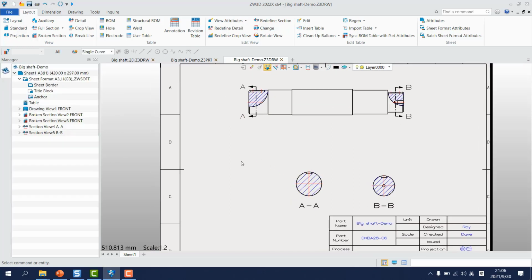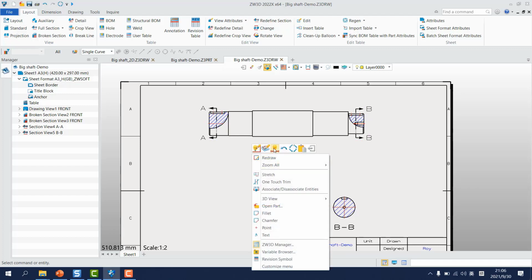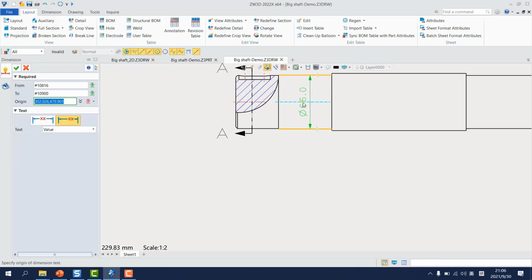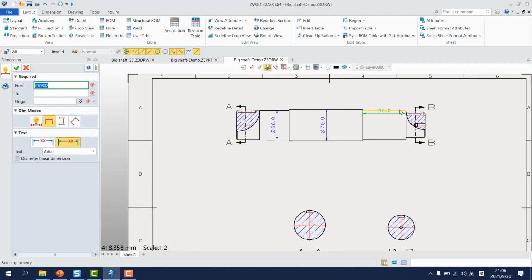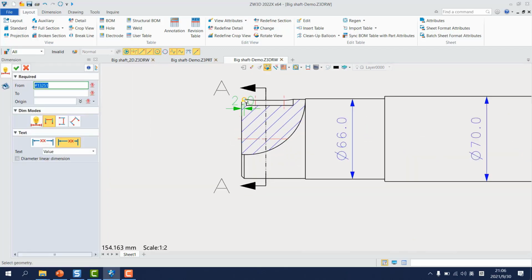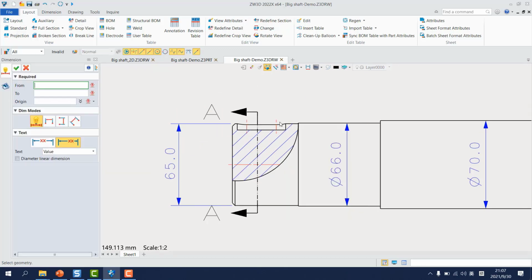And after that, we need to add dimensions. As you can see from here, we need to dimension the size. So we just use the quick dimension like this one, the diameter, okay, and this diameter, and also this diameter, and also for the detail like this one, this shaft diameter, we can use this. For this slot, we can just run the dimension from this point to this point,